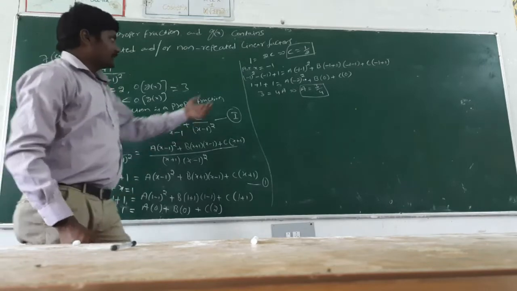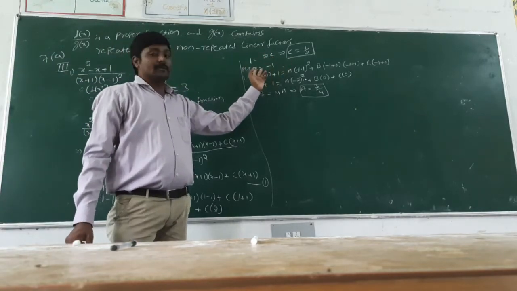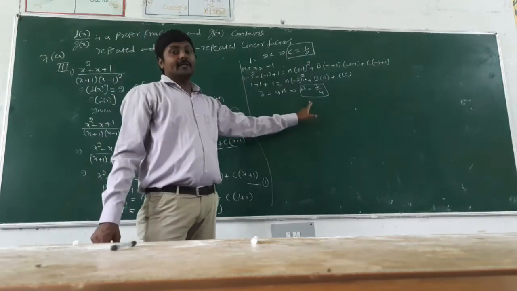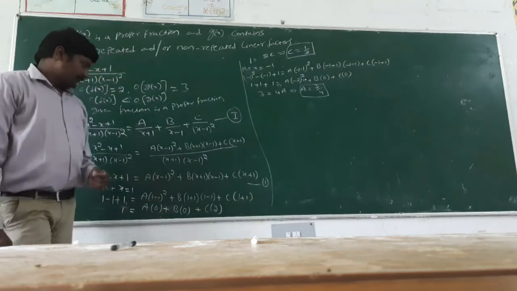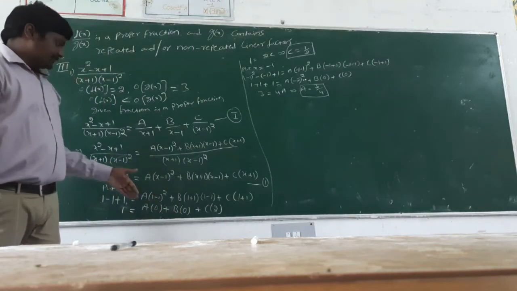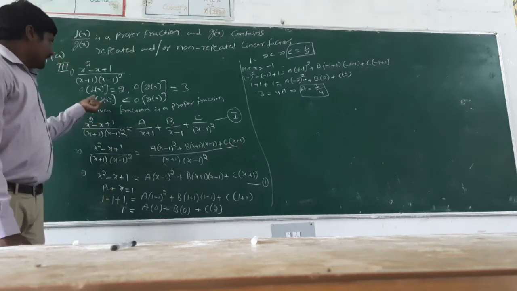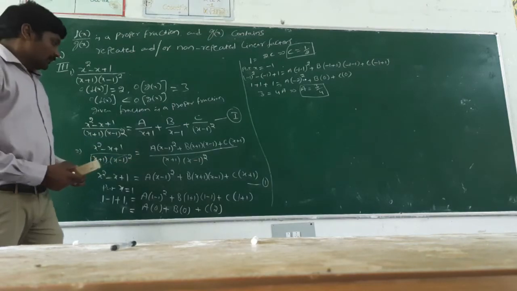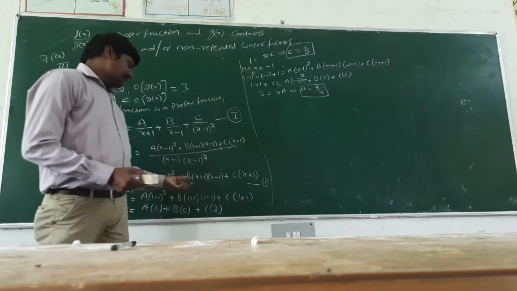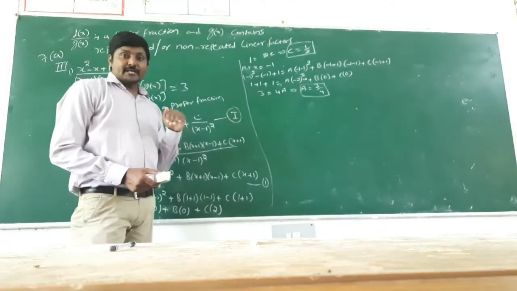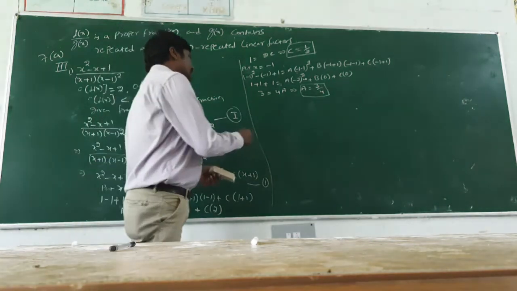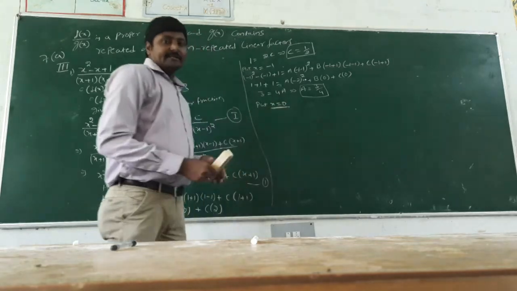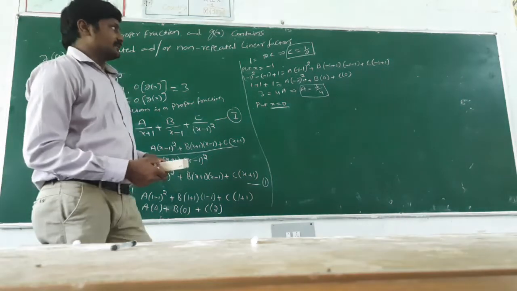Okay, put x is equal to 1, we get the c value as 1 by 2, and put x is equal to minus 1, we get a is equal to 3 by 4. We get only two constants, c and a. We do not get the third one now, because in the non-repeated linear factor case we do not get all the constant values by substitution alone. So for the third constant, we substitute any x value, put x is equal to 0.